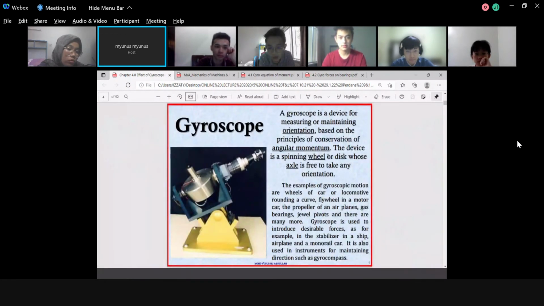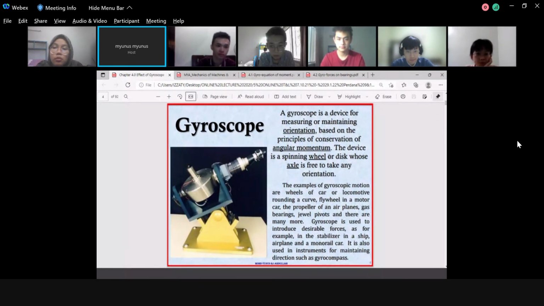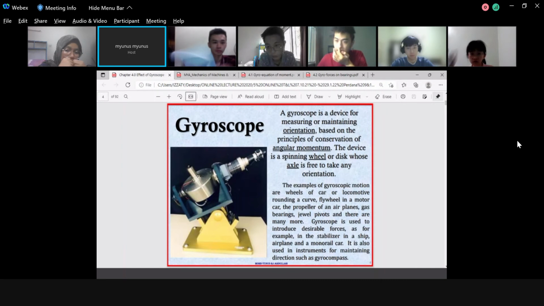So what does this mean? What does this talk about here? Look at here. Gyroscopics. Okay, question. Will the definition of the gyroscope be part of the test or exam question? No. There will be no definition or elaboration of the devices, but they will be asking what is the function of gyroscopics, things like that, because we are all engineers. We are not here to define things.